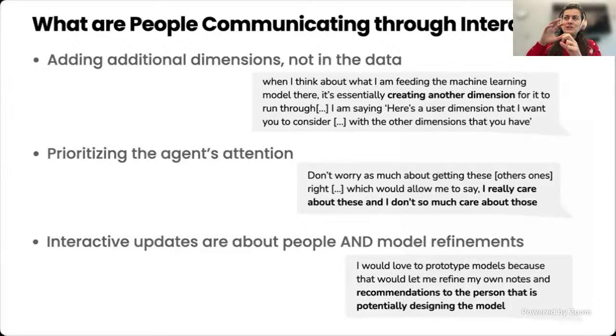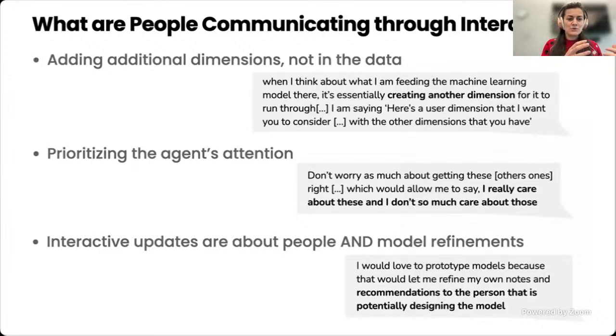So some people would take a look at something and say, oh, I agree with what the model is doing here, and I want it to ignore that, but I want it to pay more attention to this stuff that I'm interacting with here. And other people actually wanted to use this as a way to communicate to other people and have the machine learning model be more like an assistant to help them in that